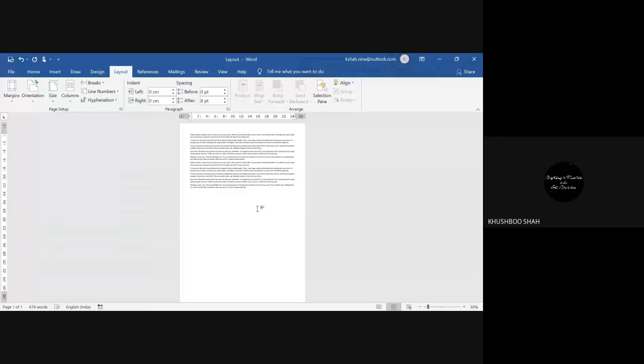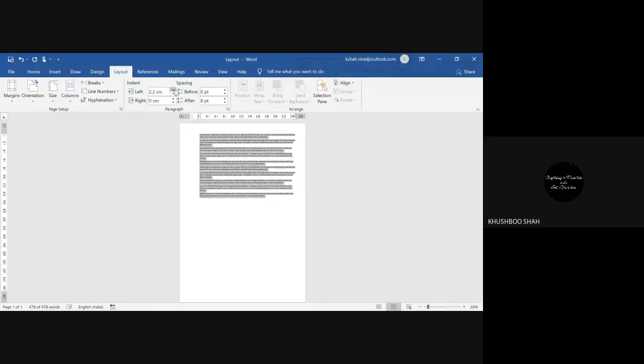In certain documents or in certain projects, they ask for the indent, that left side indent should be this, right side indent should be this. So in that case, you can change the indent. Now just watch, guys, what is happening. So here, what you are doing actually, you are changing the indent. And suppose I select whole text in that case.